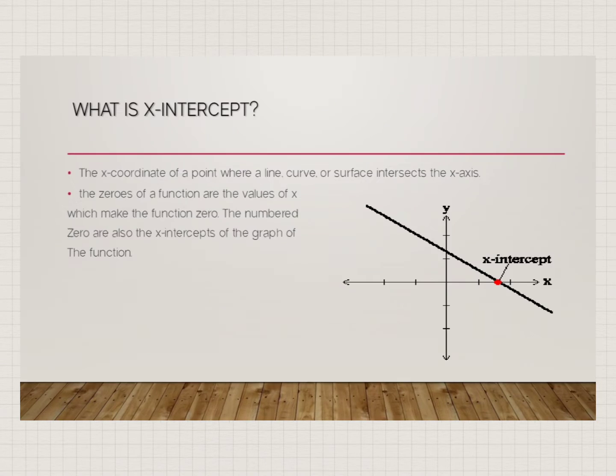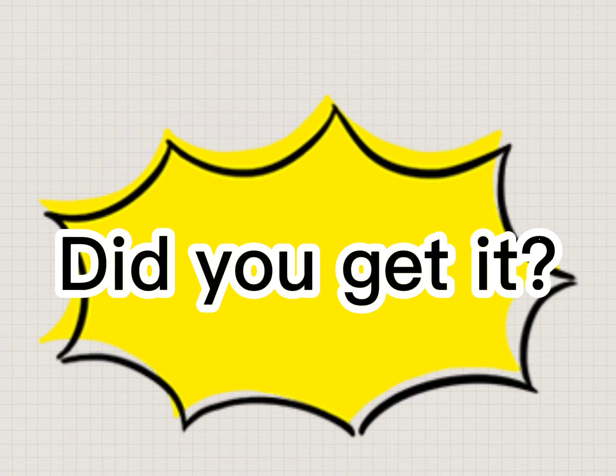So, take a look at the picture given on the slide. The vertical line is our y-axis and the horizontal line is our x-axis. And there is a line that intersects our x-axis. And the point of their intersection is what we call the x-intercept. So, did you get it? Now,